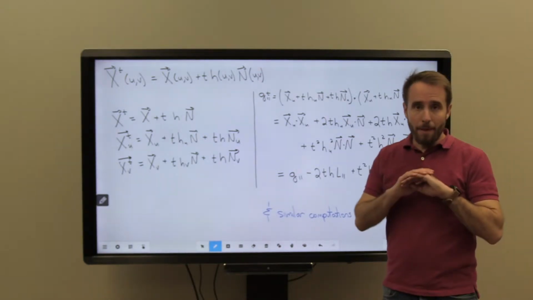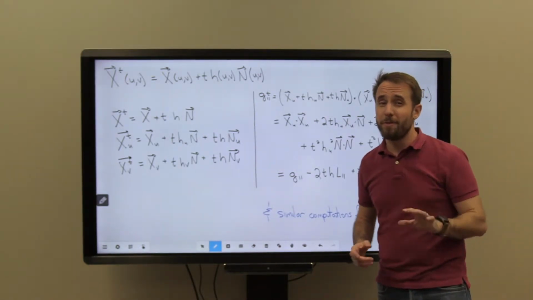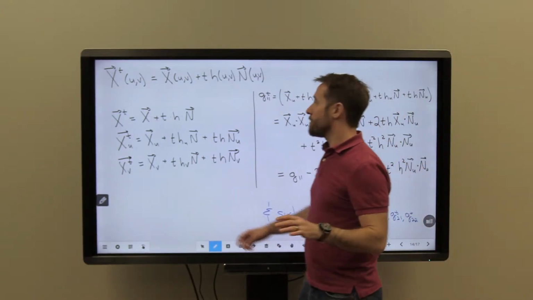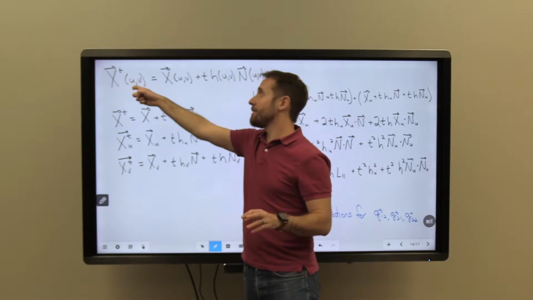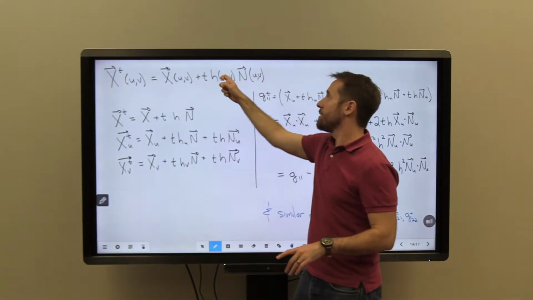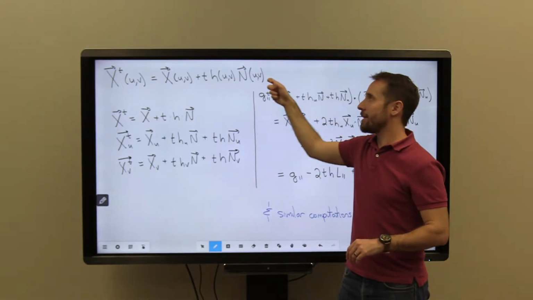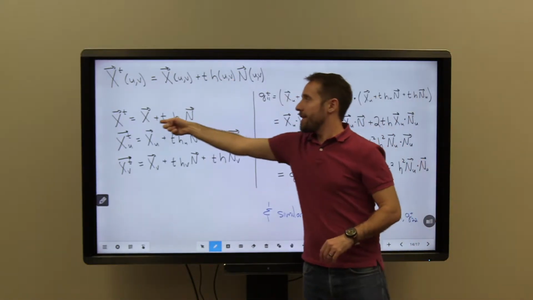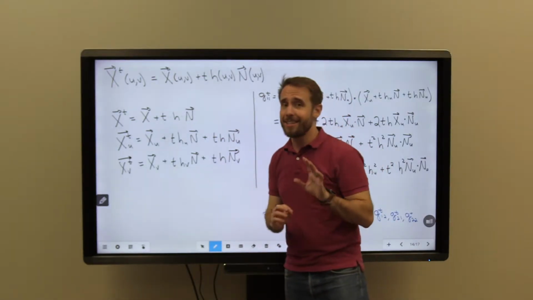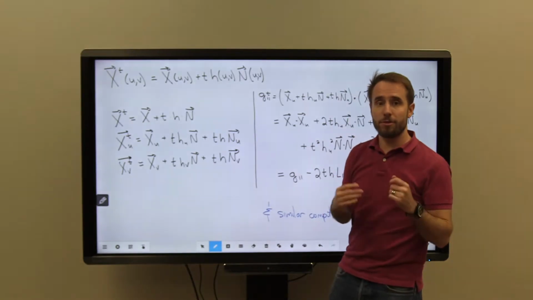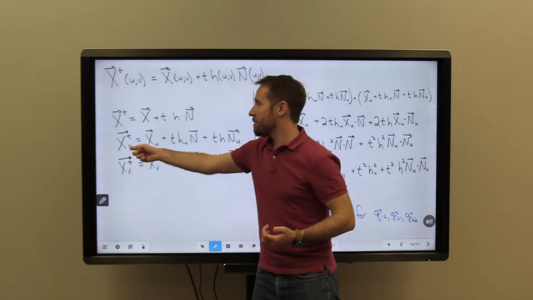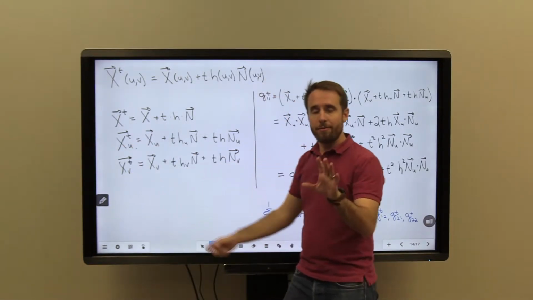So the first thing we have to do is compute our first fundamental form for our varied surfaces. So our original surface was x superscript t as a function of u and v. And that was just the original x of u,v plus t times h times n. And I've rewritten it down here just without the u's and v's to make it look a little cleaner. Now, to calculate the first fundamental form, I have to take the first derivatives and all of their successive dot products. So here's x sub u and here's x sub v